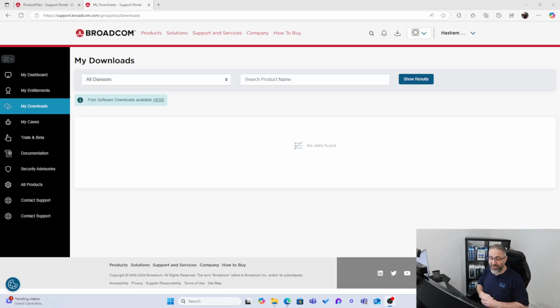Welcome to installing VMware, downloading and installing VMware. This is quite a difficult lab because finding the software itself is the hard part. Installing is fine, it's really easy, but actually getting to this stage where you can find and download VMware